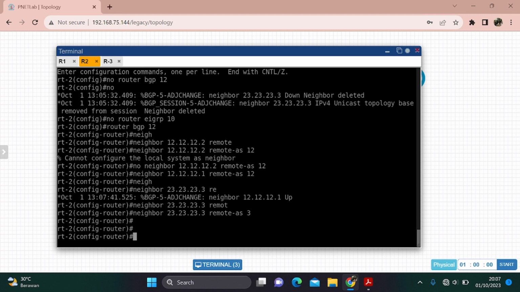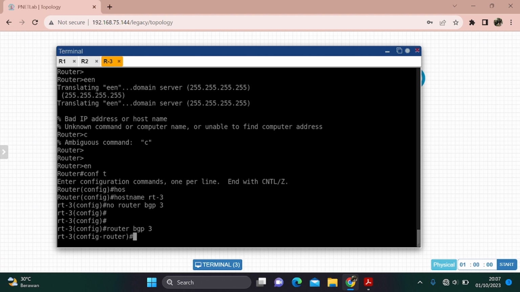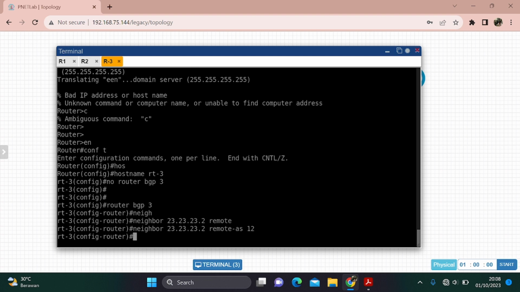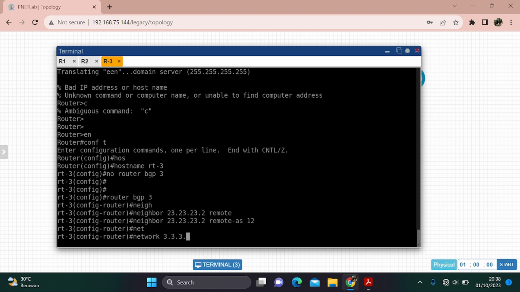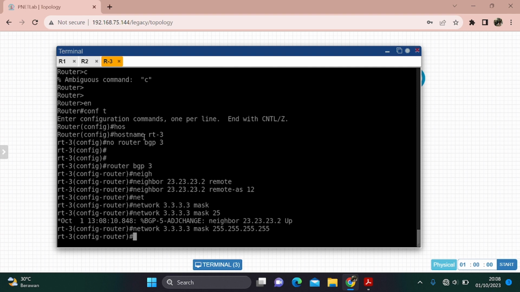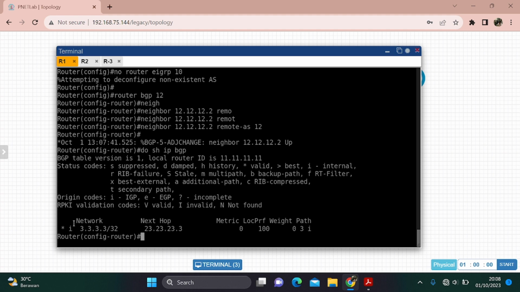After that, go to router 3, and then router BGP 3, neighbor 23.1.1.2, remote AS, then network, mask 255, and then after that we'll check in router 1 with show IP BGP this network.